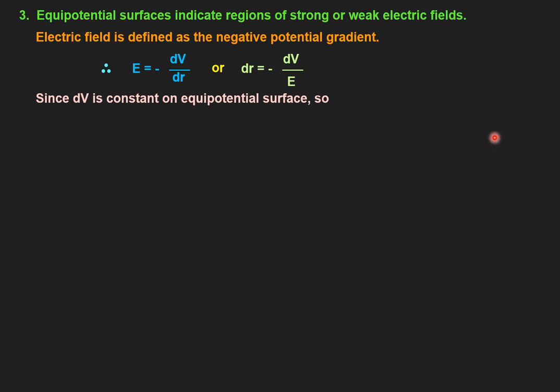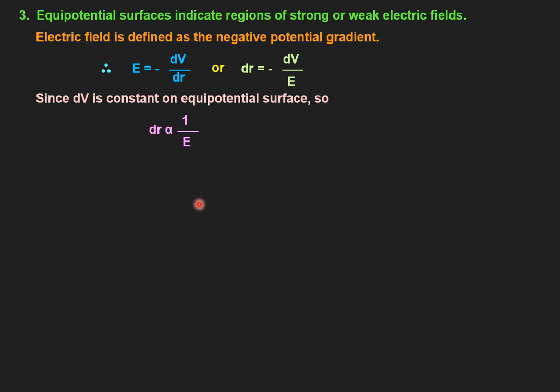So I told you, near the point charge, the spherical surfaces, that is equipotential surfaces, are close to each other. But as we go away, electric field decreases because separation increases. In that case, although we are drawing the equipotential surfaces at the same gap of potential, they are still away from each other because the electric field is decreasing as we go away from the source charge.